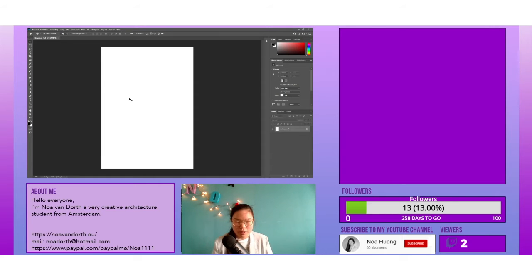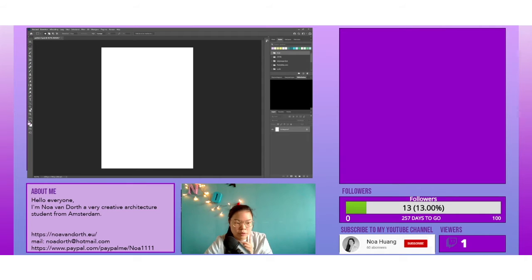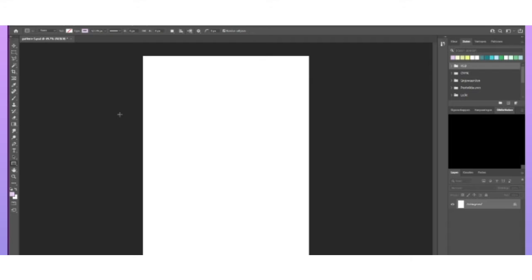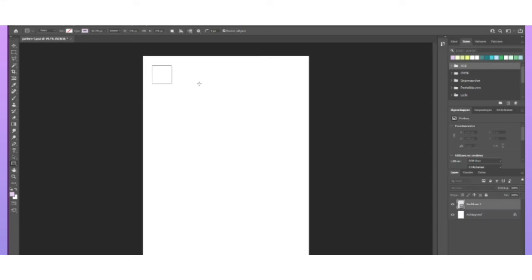Today I'm going to make a pattern in Photoshop. So I'm gonna make some shapes. Okay, I don't want it to have a line.